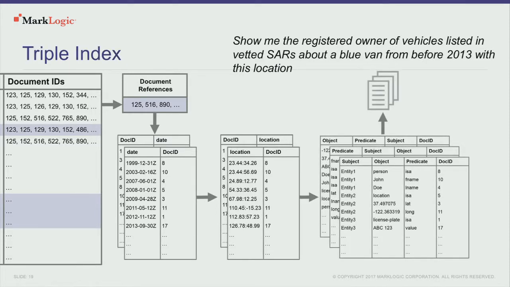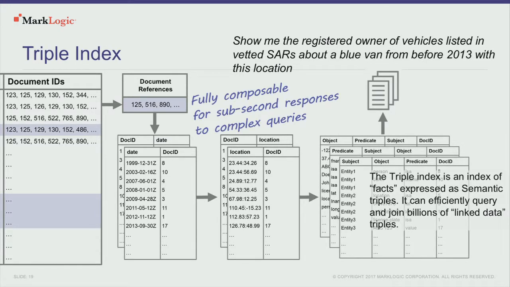So what about all of that rich set of facts that we have, those triples, those assertions about the context of the world? So as you would guess, we have a specialized index for that as well. So you can combine those rich queries about the context of the data, plus all of the stuff that you've got from your range indexes, your geospatial indexes, and your universal index. So this is really the key secret sauce of MarkLogic, the indexes. So we've got the data model, the documents plus triples, plus the indexes on top of those. And that allows you to do real-time queries.